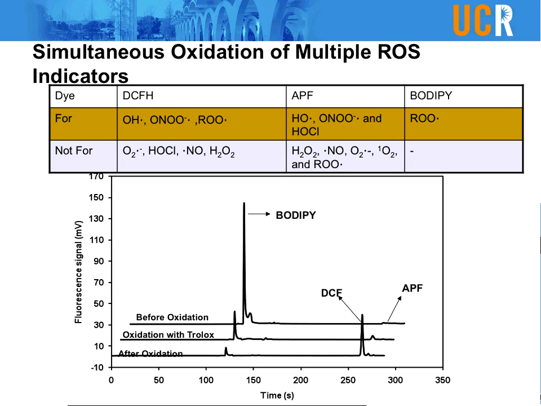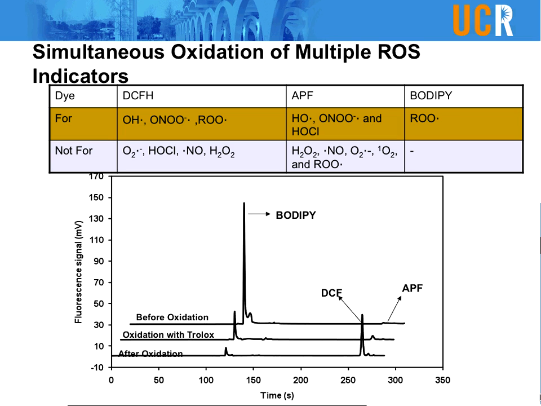Because they respond to different species, and people have found they are not responsible for several other things, if you mix these different dyes together, you can increase your specificity by comparing which dyes they could